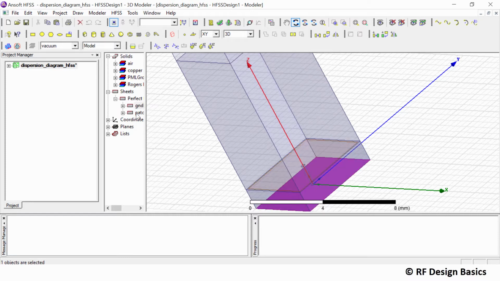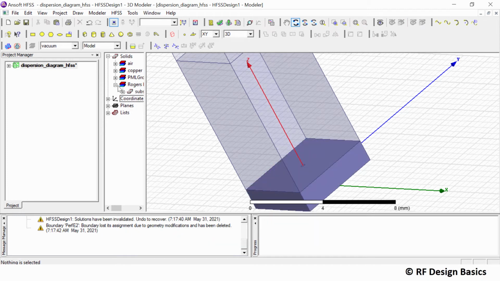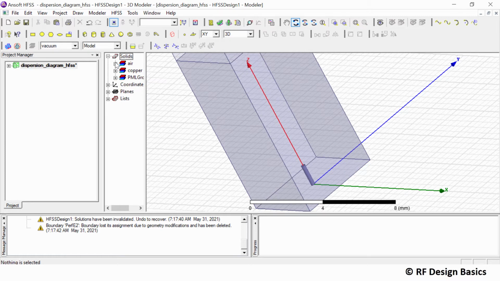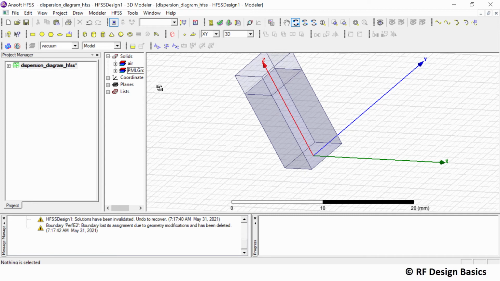So ground, then patch, then I will delete the material, so it's substrate. Then we have this copper also we are going to delete. So after deleting everything, we have just the radiation box with the same boundary condition and same perfectly matched layer.